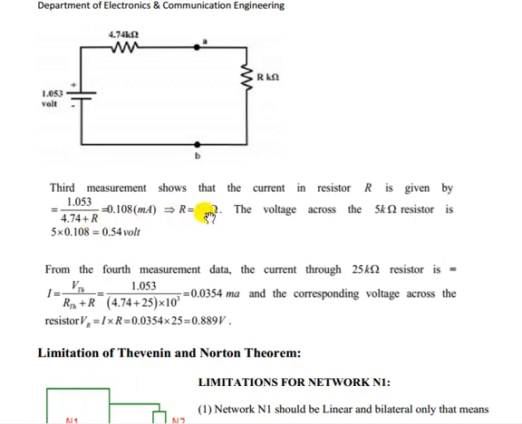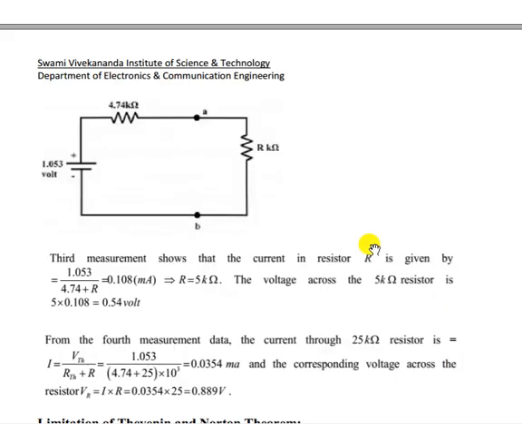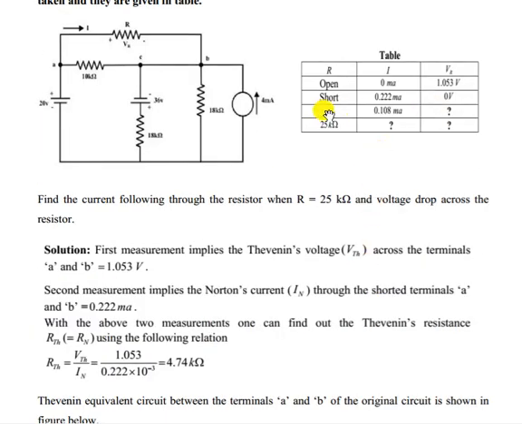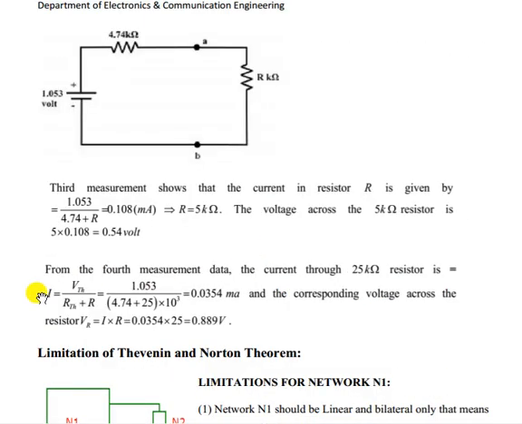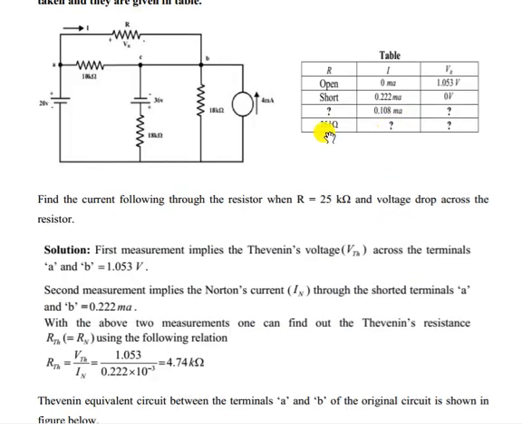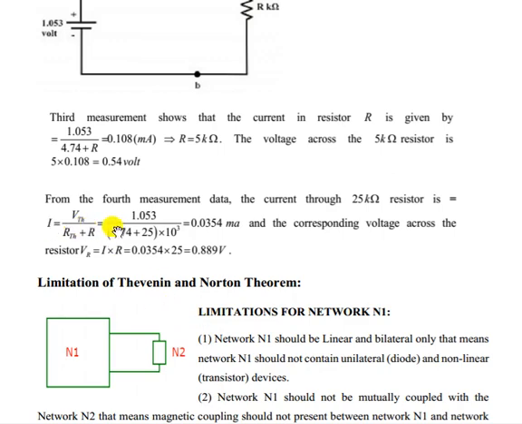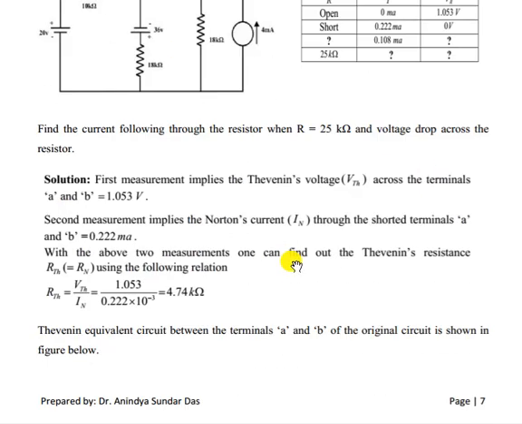We can find out the value of R, and voltage drop is nothing but R into the value of I. I is given, into R, that is the voltage drop. So we got these two values. If R is given, we have to find out I and VR, voltage drop across resistance. Now I is nothing but VTH by RTH plus R. So VTH is given, R is also given here, you can see. Okay. So we can find out I, and I into R, that becomes VR. So this is another type of problem that you can solve.